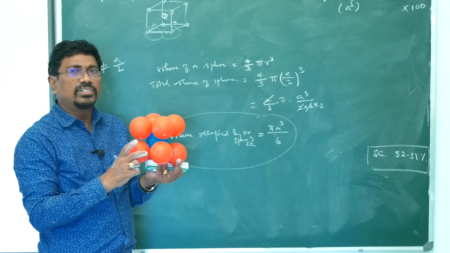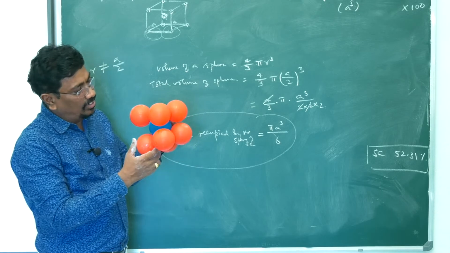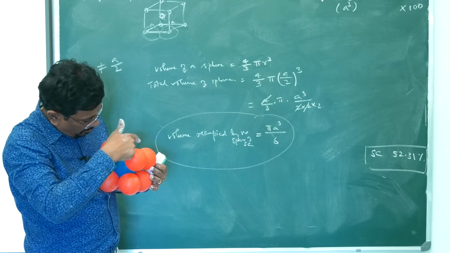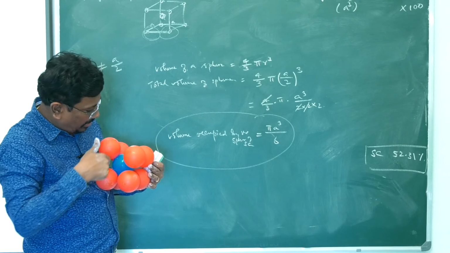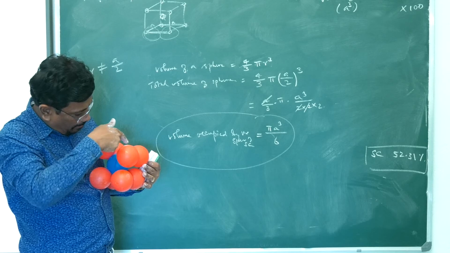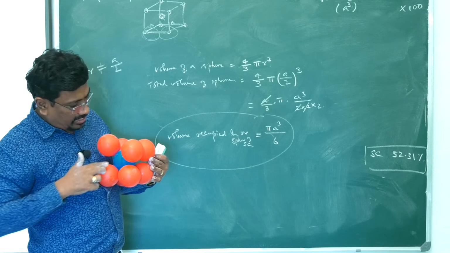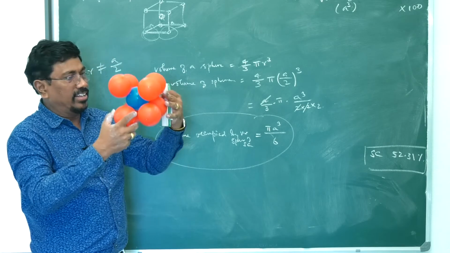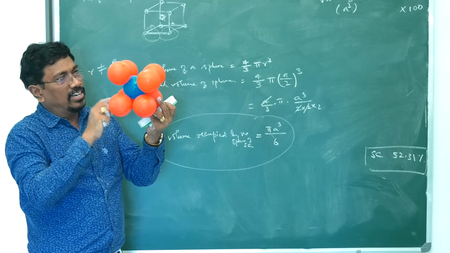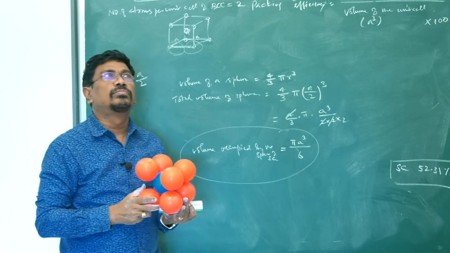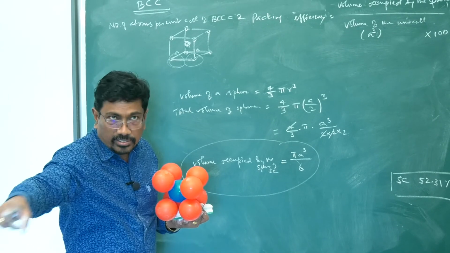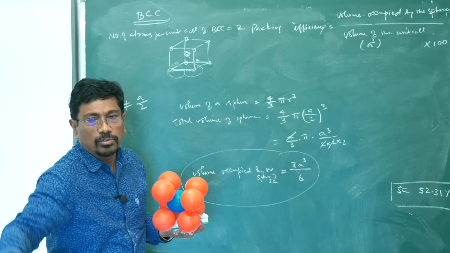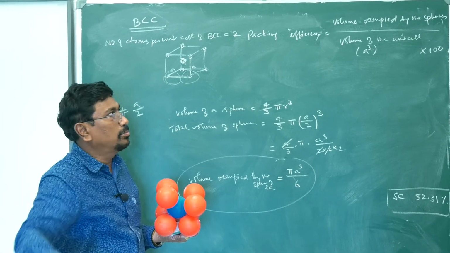But where the atoms get attached is along the diagonal. Just see, 1, 2, 3. It is not this diagonal, this diagonal. It is going inside. This corner to that corner. If you look at your room, that corner to this corner. Only then here one atom, here one atom, here one atom. That is the body-centered arrangement. It is not like this.